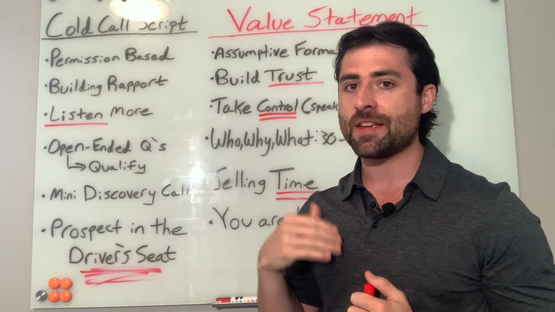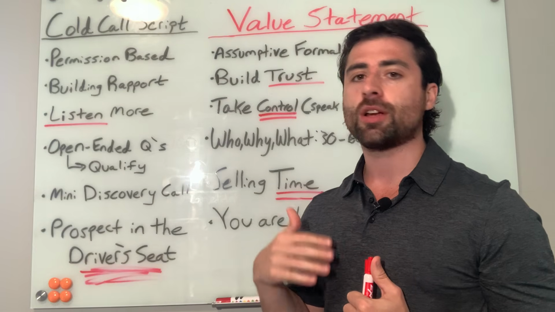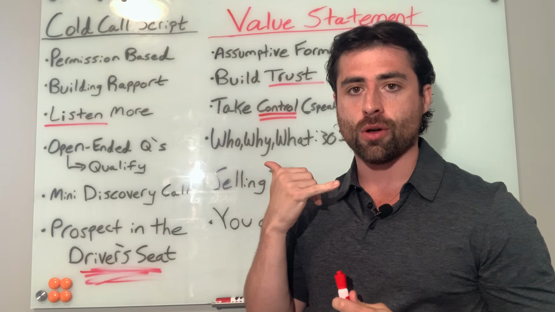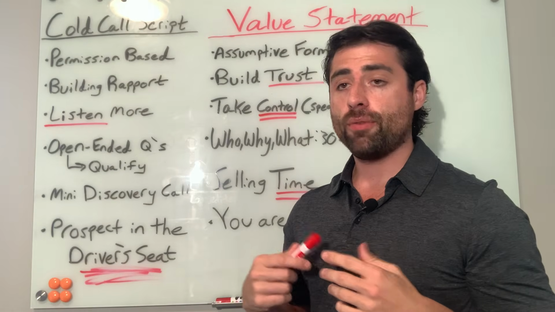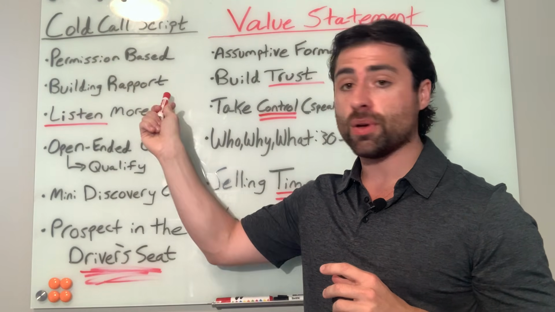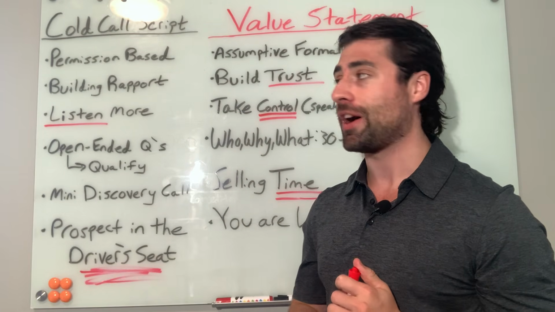Sometimes people get fancy with the pattern interrupts. Hey, do you have 27 seconds for me to tell you why I'm calling? Or it could be something like, hey, this is a cold call. Do you want to give me a chance here, or do you want to hang up on me now? Something like that. People for some reason believe it's this permission that builds rapport and trust with the prospect, when in reality that's not the case, and we're going to cover why in a second.